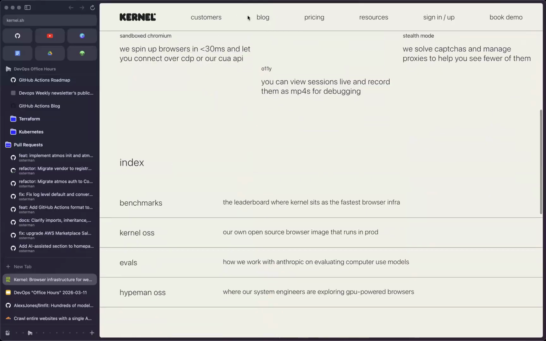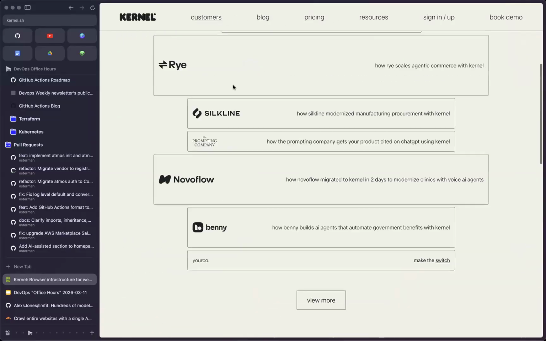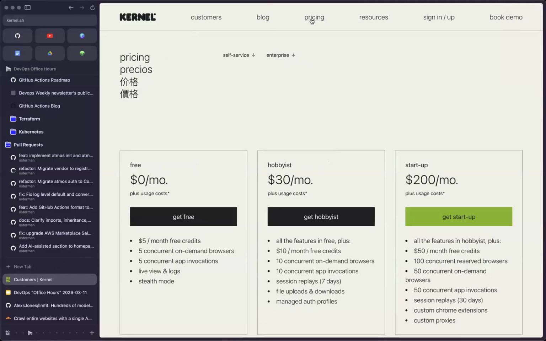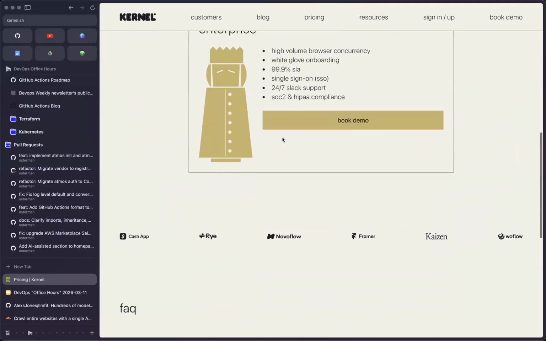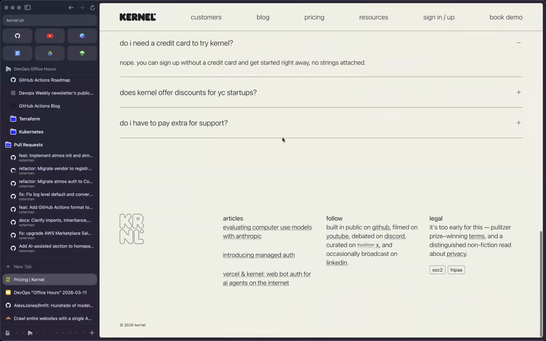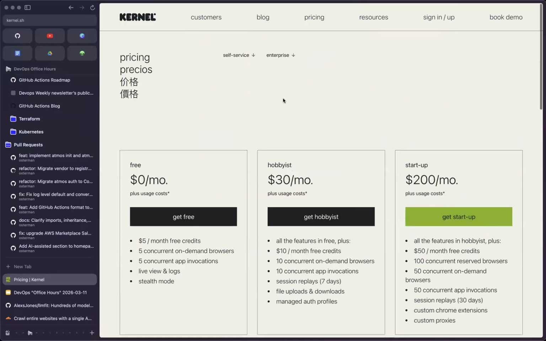So I can tell my LLM to set up a kernel session and then write a script that does something. Like for a personal project, I'm tracking macros in a health app, but they don't have an API. But what I could do is write a kernel script that goes to the browser on my behalf in the cloud and then logs in for me, and then enters all my macros automatically from OpenClaw. So it integrates really well with the tools that we have. Yeah, it's pretty cool.